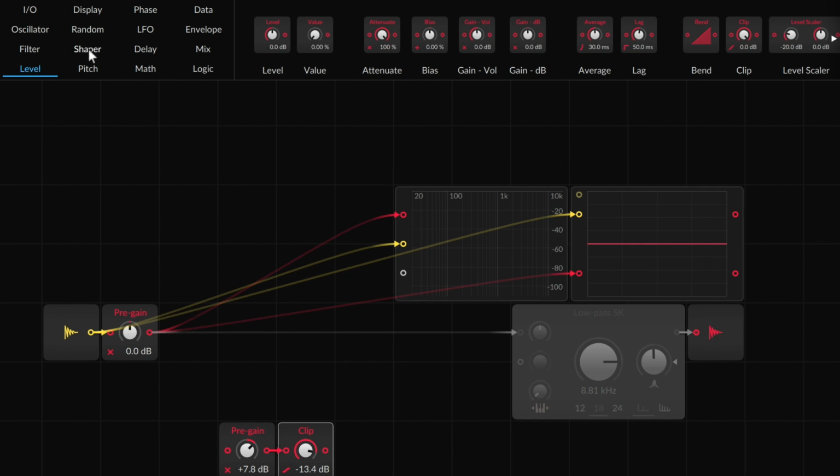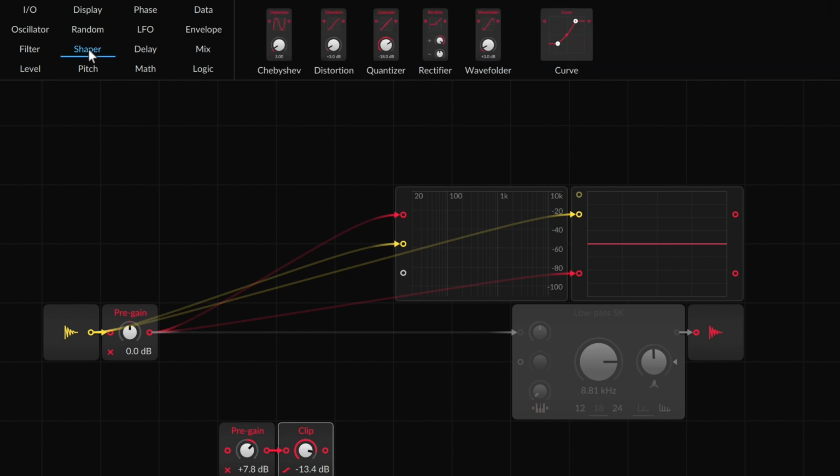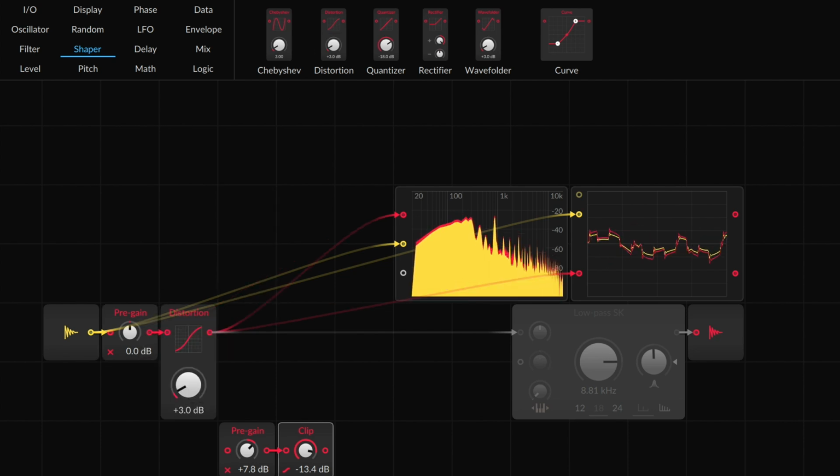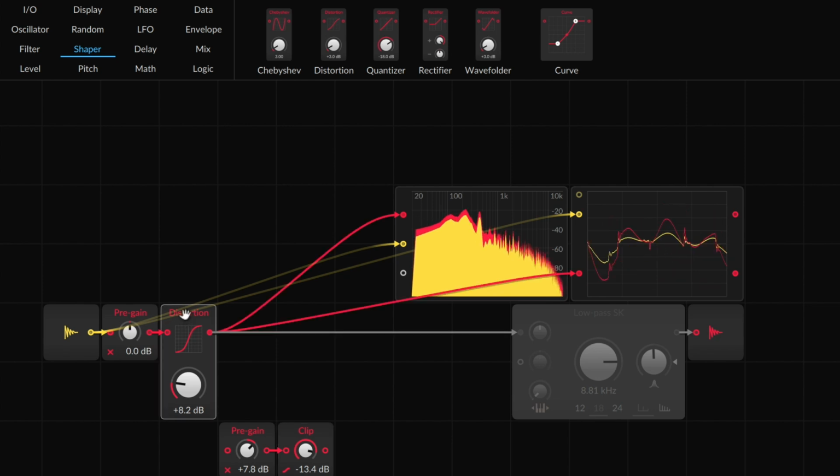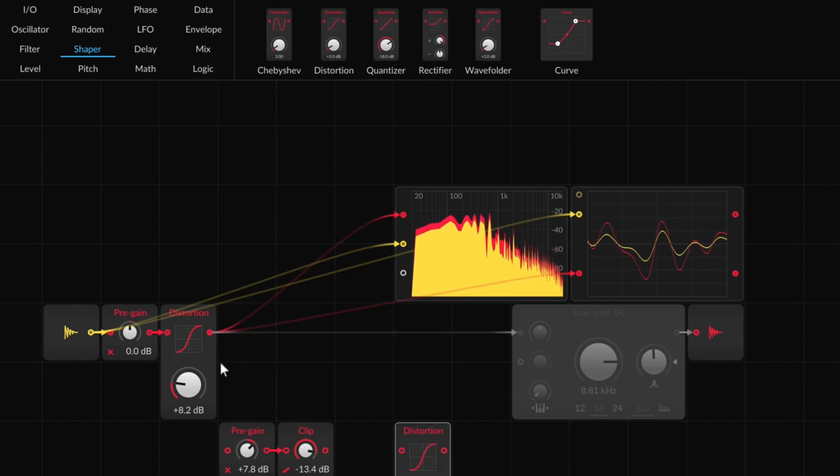So we could look at the shaper category as a way to start, where there's different techniques for shaping the areas of amplitude in the sound differently. So starting with distortion seems logical. And like the soft clipping example we heard on the audio out, distortion is trying to create a curve, which most of the time curves are giving us a warmer sound, something a bit more natural in the transitions. And again, this pre-gain that we've got can be applied to put us in a different region of the curve altogether. That sounds kind of fun. I'm going to collect that.